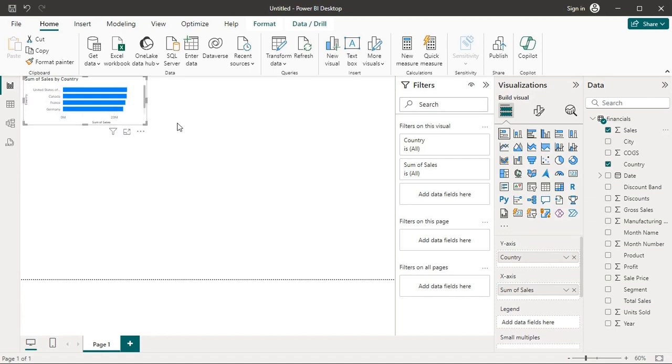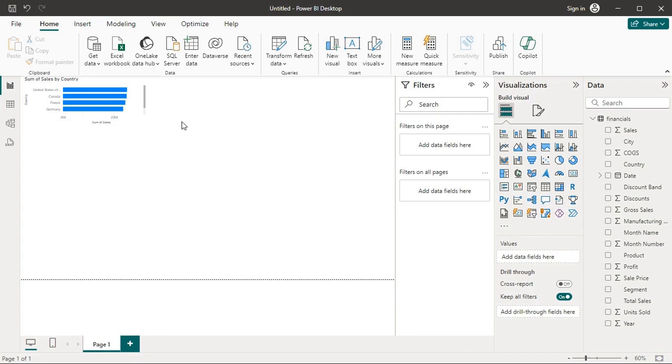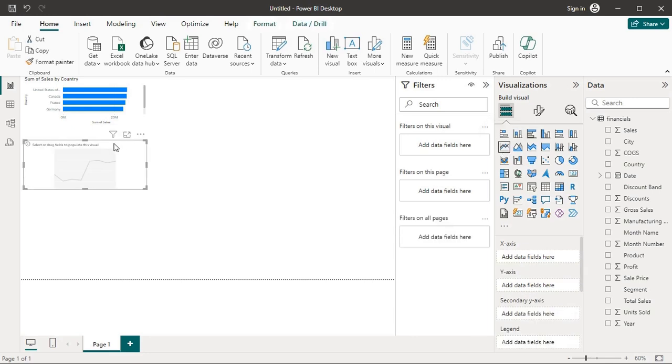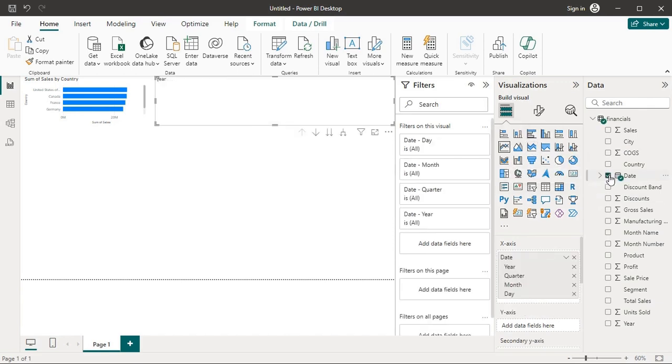Now we add another chart, a line chart for sales over time. For a line chart, click on line chart and select the date to the axis and sales to the value.